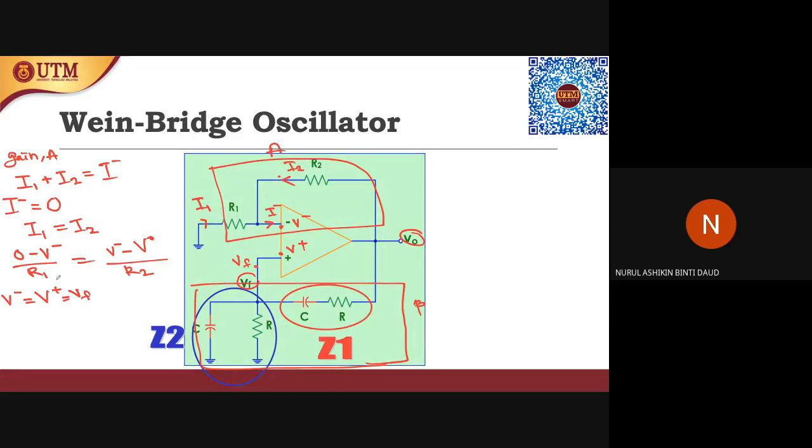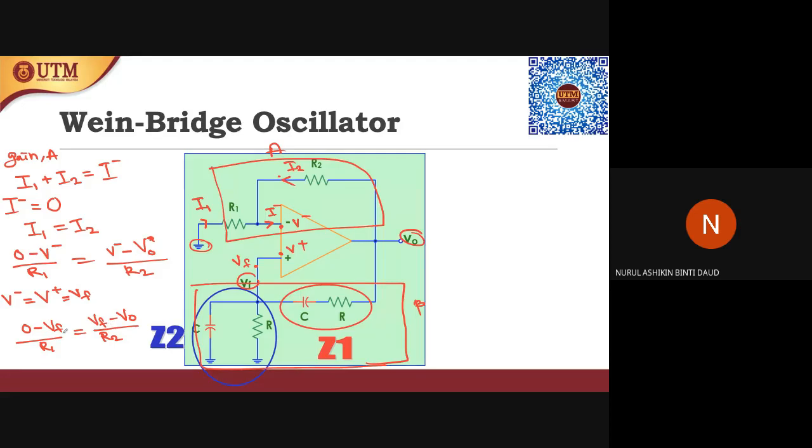So we can replace it here. By the way, why is it 0 here? It is because there's a ground here, so there's 0 minus V minus for I1. So let's replace V minus with VF. It will be 0 minus VF over R1 equals VF minus V out over R2. So if you rearrange this equation,